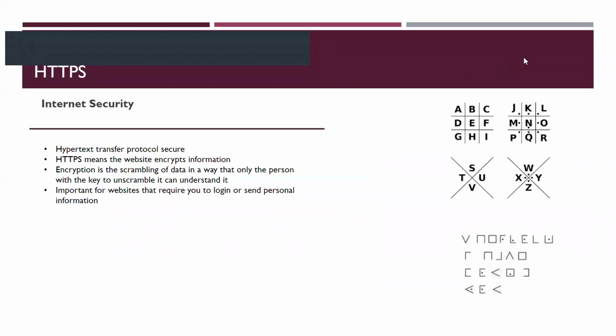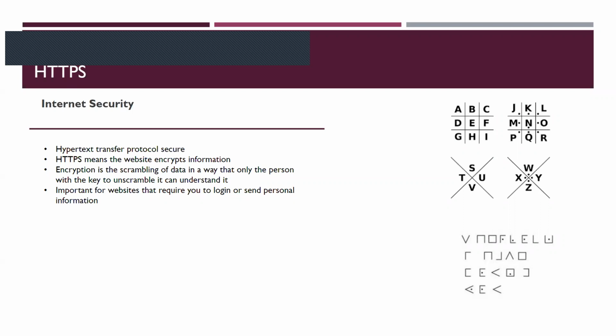All right. So internet security. One of the big things on websites is in the website URL, HTTPS. It's one way to protect yourself online. It stands for Hypertext Transfer Protocol Secure, which is easy to understand, definitely makes sense to all of us. No, the words are very specific in their meaning, but their importance is not super relevant to this merit badge. So what does it mean, which is important to this merit badge? It means the website encrypts your information.